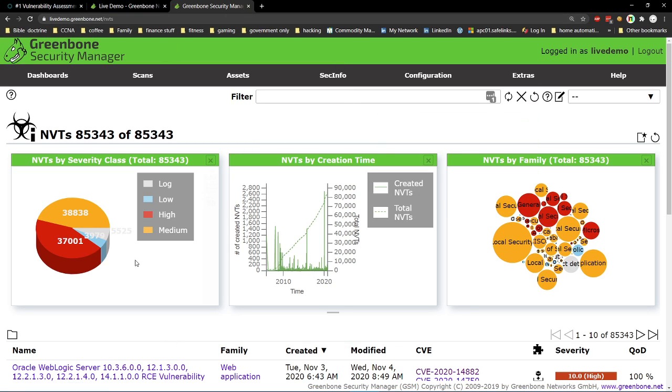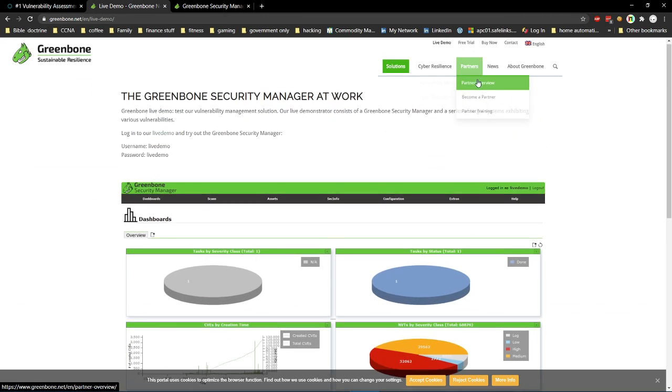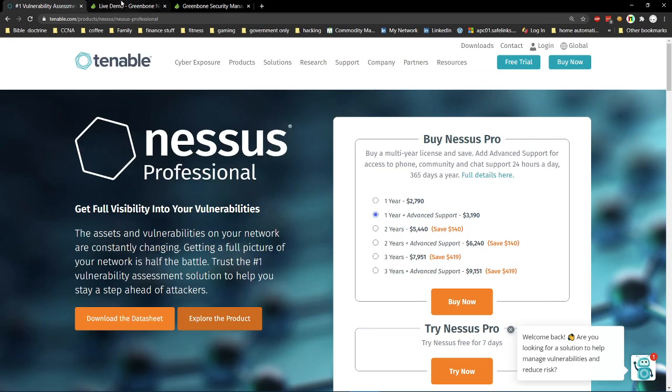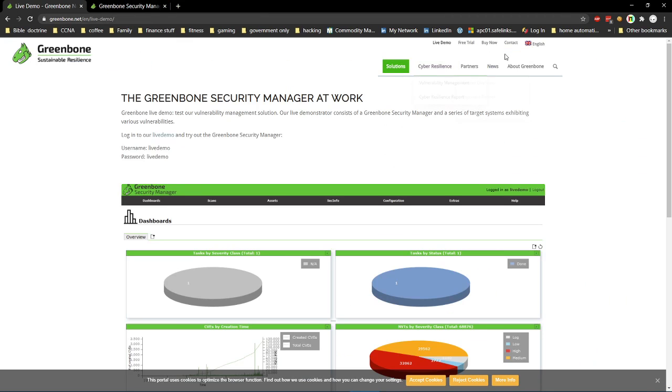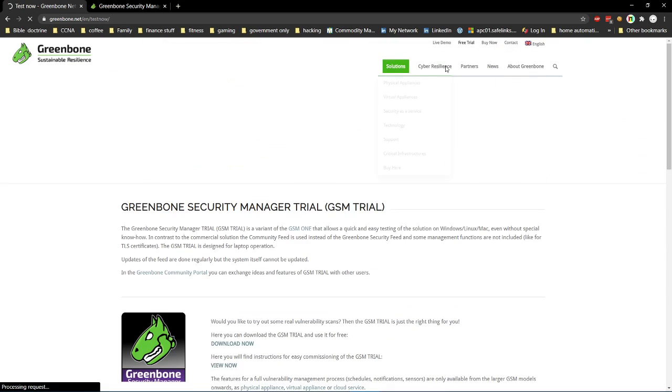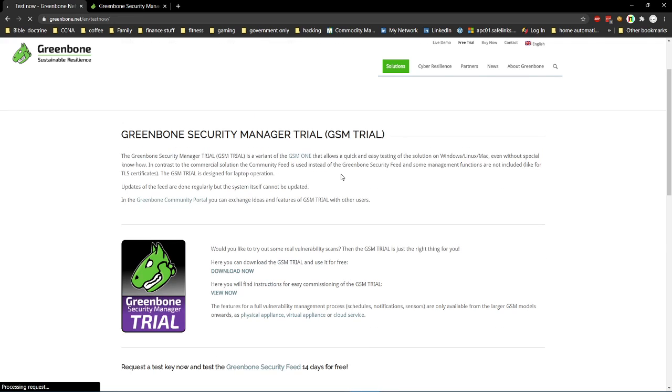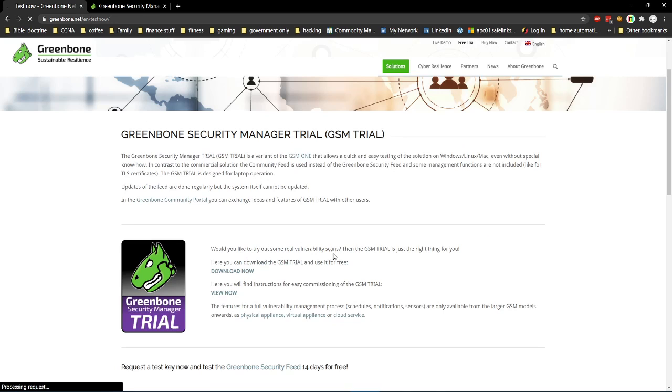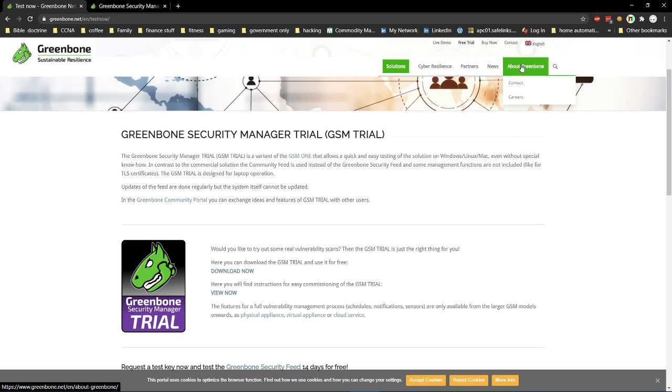Wanted to get a copy of this in Kali, which you could get a free trial of the Pro version, or you could get the Community Edition. You get their security feed 14 days for free. They call it the Greenbone Security Manager, but if you use the Community Edition,